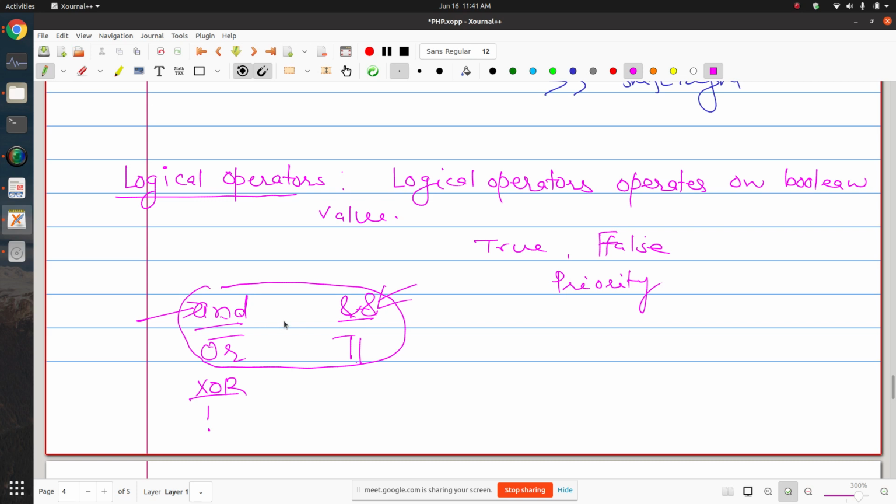So whenever you want an operator to have low priority, you can use this variant, or if you want your logical operator to have high priority, you can use this variant.